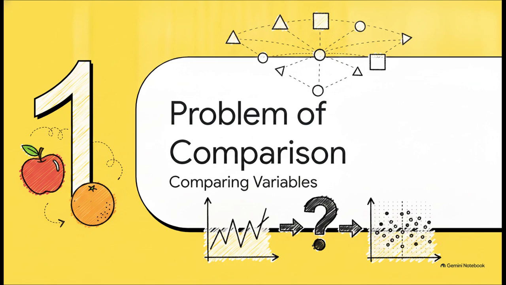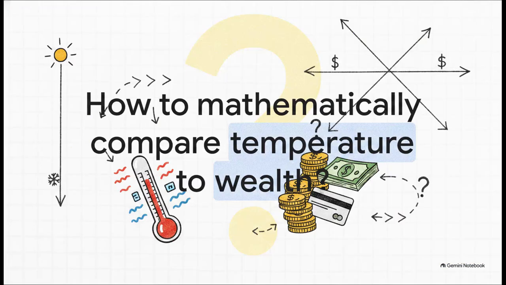Section 1. The problem of comparison. So let me ask you this. To put it bluntly, how do you mathematically compare a temperature reading to a bank account balance? Seriously, think about it for a second. They operate across completely different dimensions, totally different units. Honestly, it sounds like the setup to a bad joke. But structurally, finding a way to map these heterogeneous data sets onto a single comparative axis is a massive mathematical